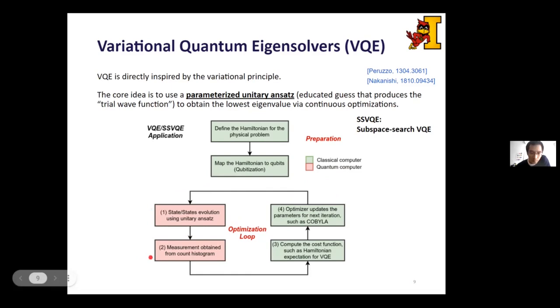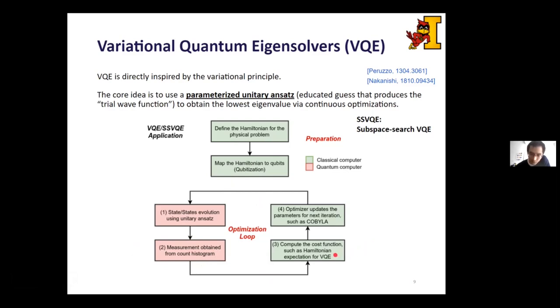Then we measure the Hamiltonian operator on the qubits by looking at the count histogram you obtain from the various quantum backends. This measurement is then sent back to the classical computer, which computes the cost function,